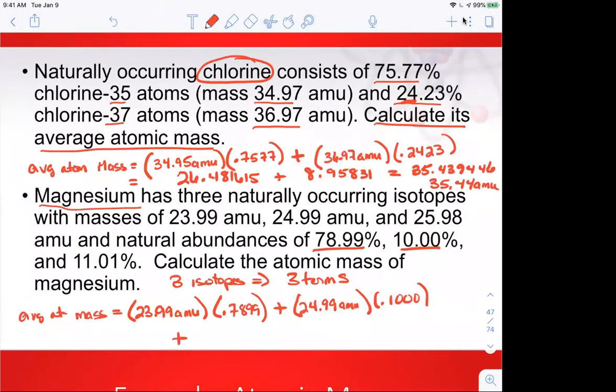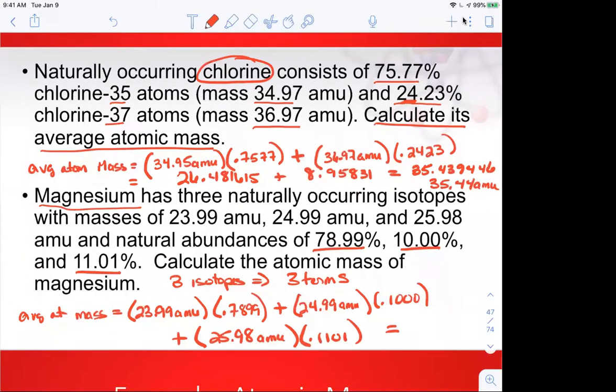Then I have plus 25.98 AMU times 0.1101. And when I sum all of this up,